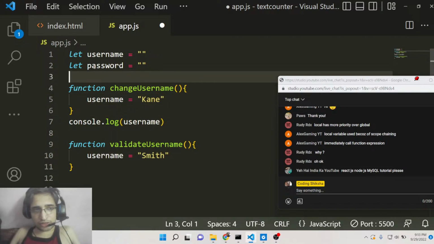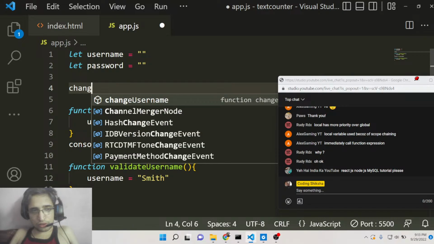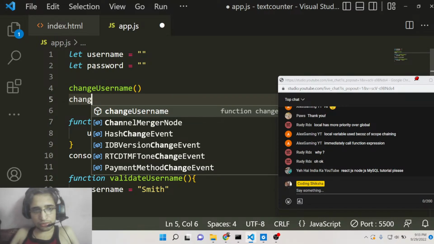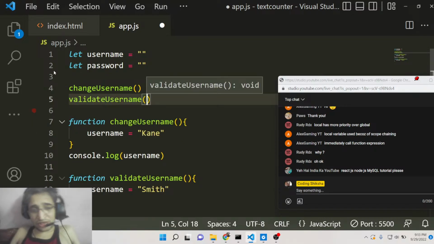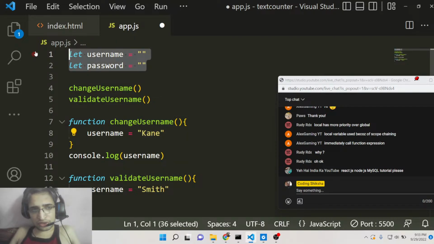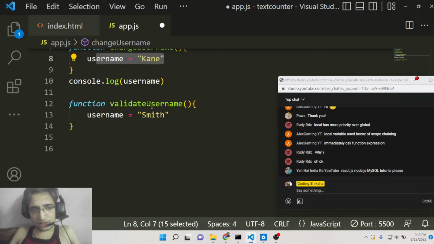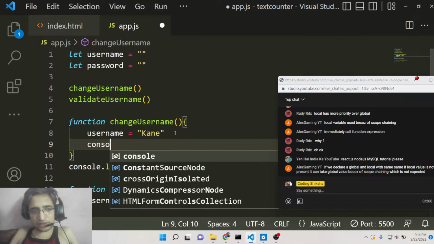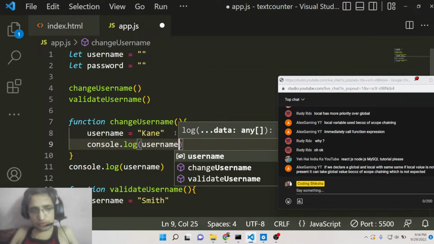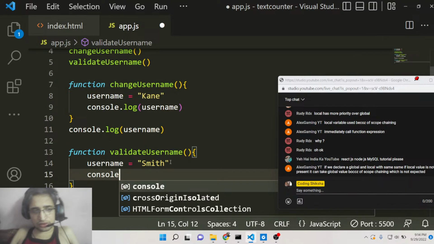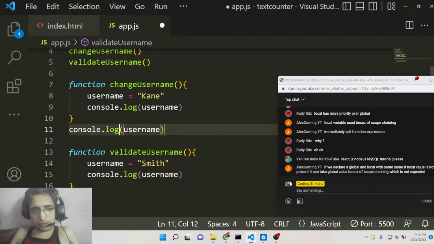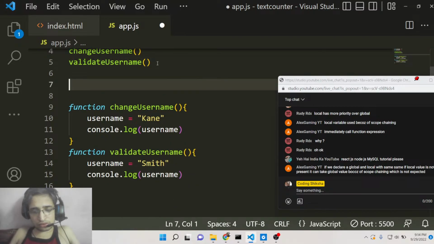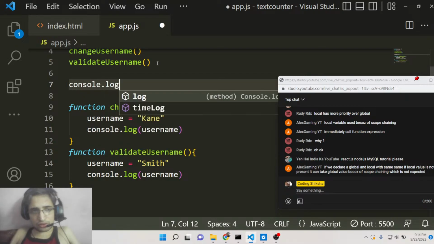So when I call these functions, change username and validate username, as you know guys, the code will execute in a serial way. This function will be executed first, followed by this function. So what will happen now? First the username will be empty by default, then it will change to Kane, and then it will change to Smith. So basically the correct value will not be preserved. So here if I console log username,